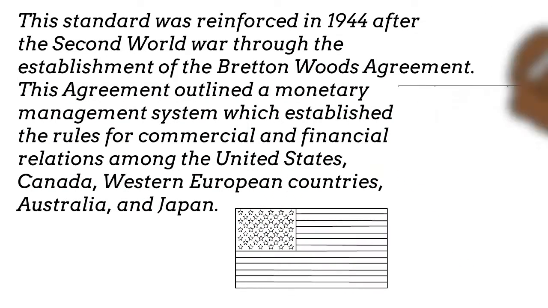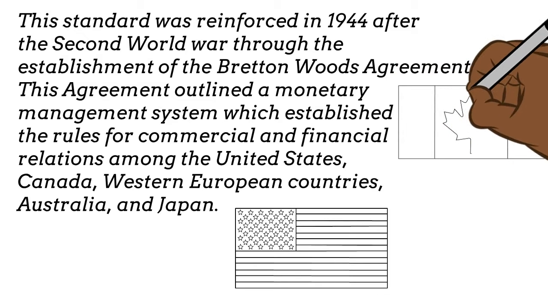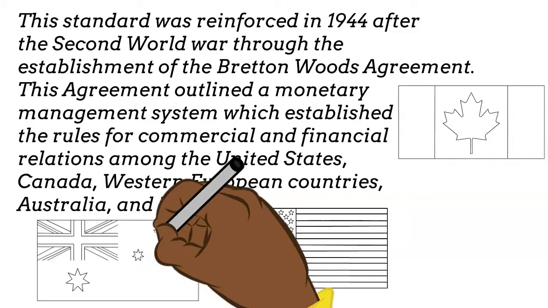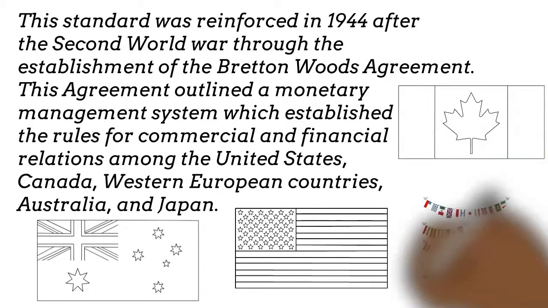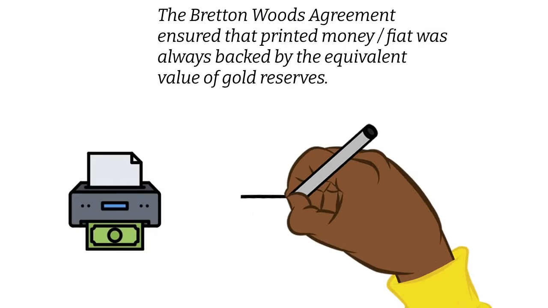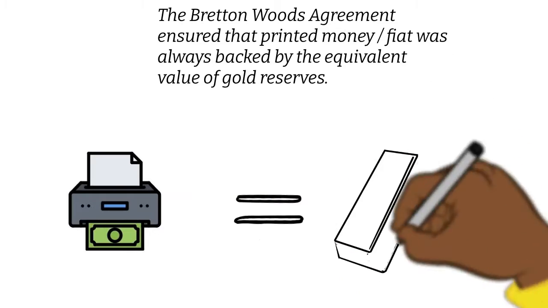This agreement outlined a monetary management system which established the rules for commercial and financial relations among the United States, Canada, Western European countries, Australia, and Japan. The Bretton Woods Agreement, which reinforced the gold standard, ensured that printed money, fiat, was always backed by the equivalent